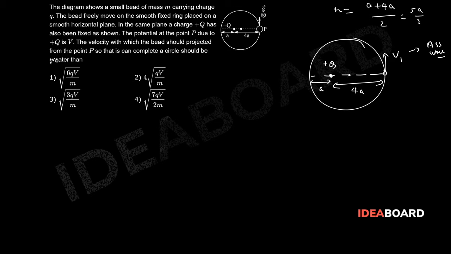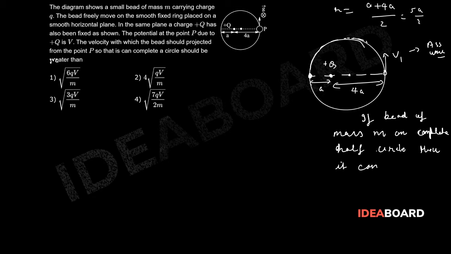Now the logic says if this bead of mass m can complete the circle up to this point, if it can complete half a circle, then it can easily complete the full circle,